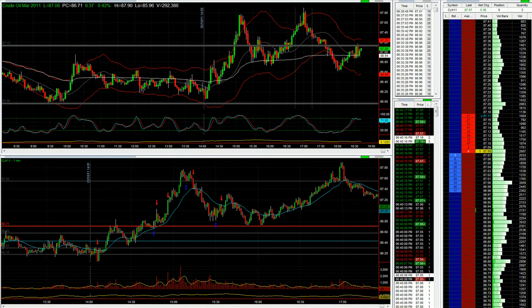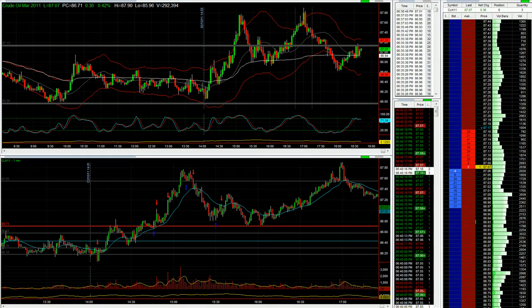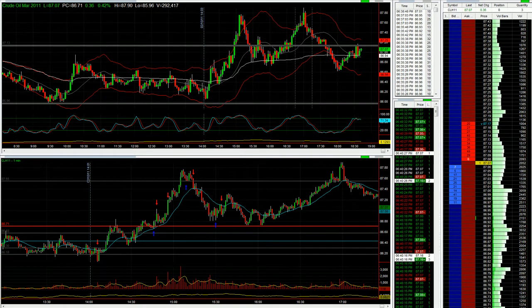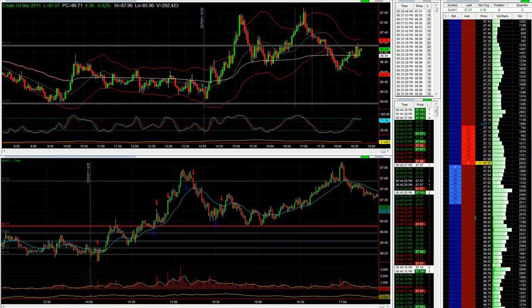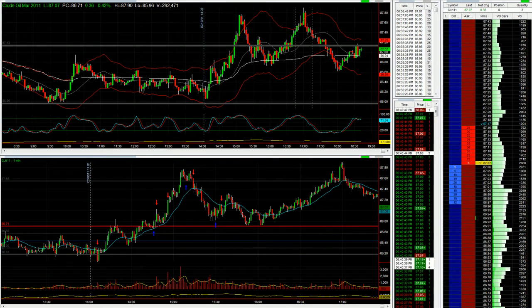Get a feel for how the Dow's trading. Are we trading relative to the ES? What are the key levels? You can look on a chart and get your key levels. And yesterday I spent a lot of time going over the levels, the pace of the market, the average range we've had, the highs and lows, whether the 5 p.m. London time frame has been any use, and whether the cycles and the 3-minute cycles have been working. Just get a feel for it, but you can't get the right feel unless you've actually experienced it